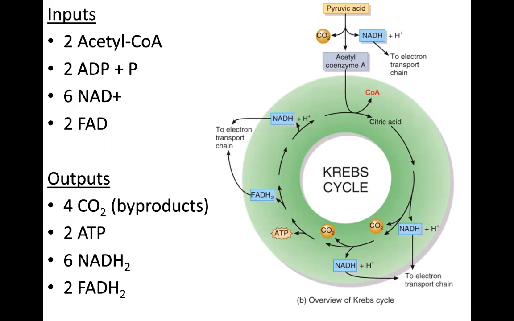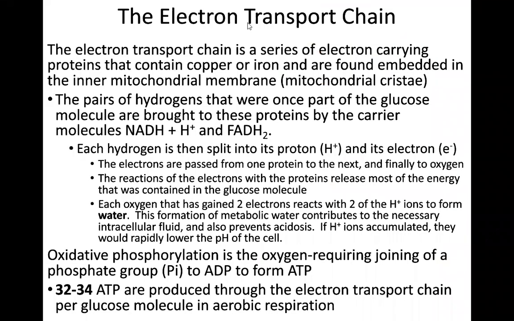Okay, but what we formed a lot of are these guys. Before this point, we formed 2 in glycolysis, 2 more in the transition reaction, plus the 6 more that are formed here. We formed 10 of these, 2 of these. So that's 12 molecules that are carrying electrons and hydrogens to our final stage, the electron transport chain,